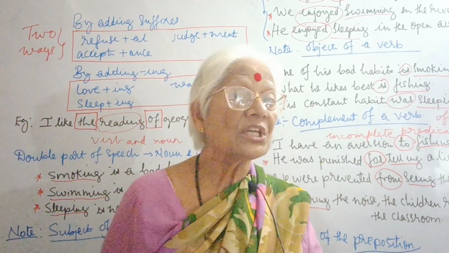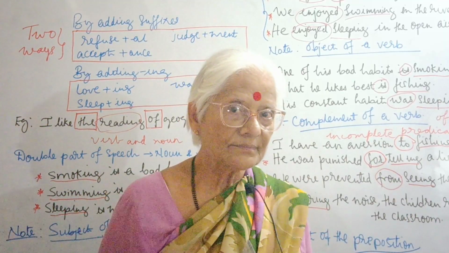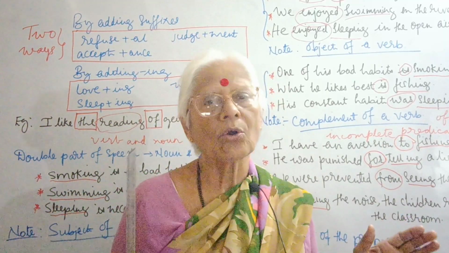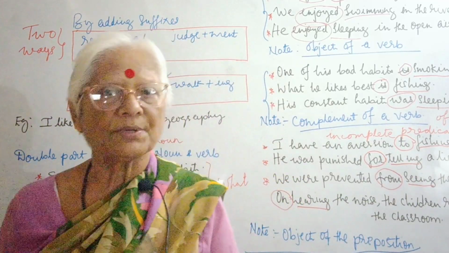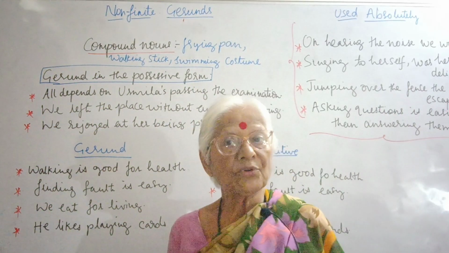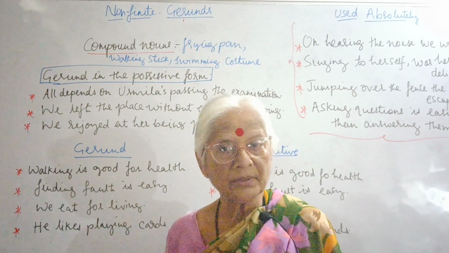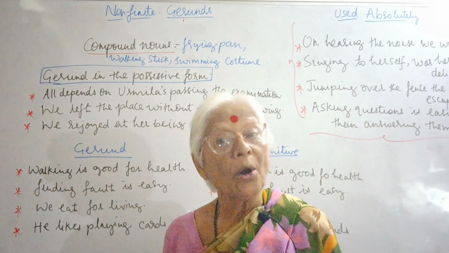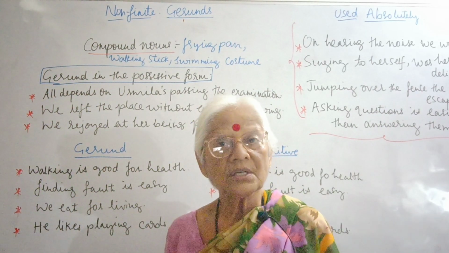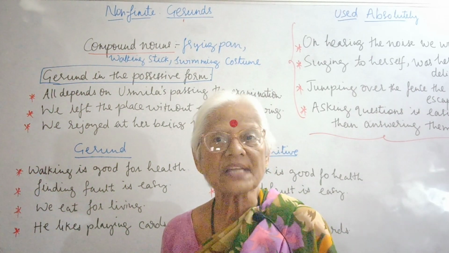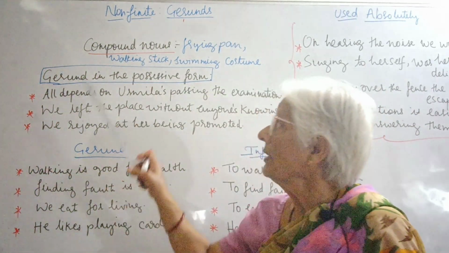So this is the way you try to understand gerund. But if you want to differentiate between participles and gerunds, your question is what? Remember that and you'll never go wrong. Of course, I'll try to clarify the difference between a gerund and a participle. We've comprehended how we use a gerund as a subject of a verb, object of a verb, complement of a verb, object of a preposition. The usage is mainly telling us that these are verbs that are used as nouns.